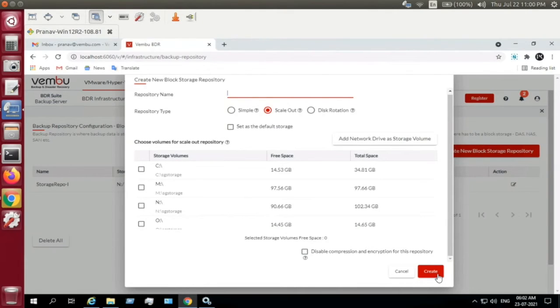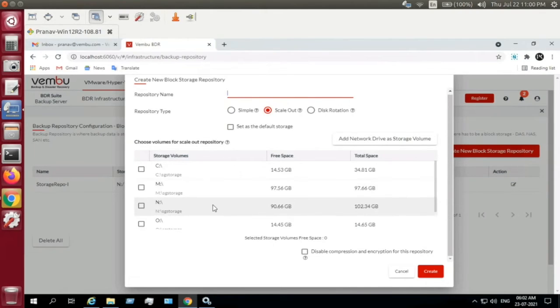What happens is the backup server will give the storage raw data, that is not compressed or encrypted data. The compression and encryption will be done by your storage appliance. If you hold any storage appliance of that sort, you can go for this, or else you can just go with the normal one.